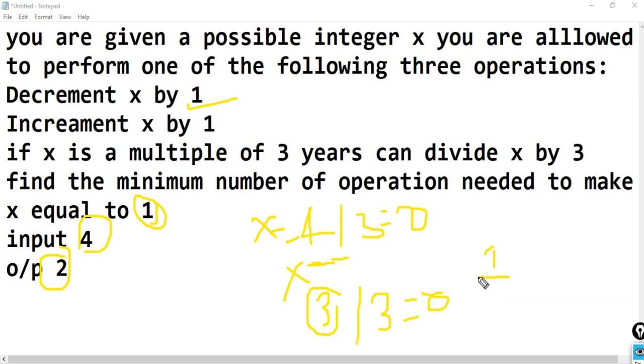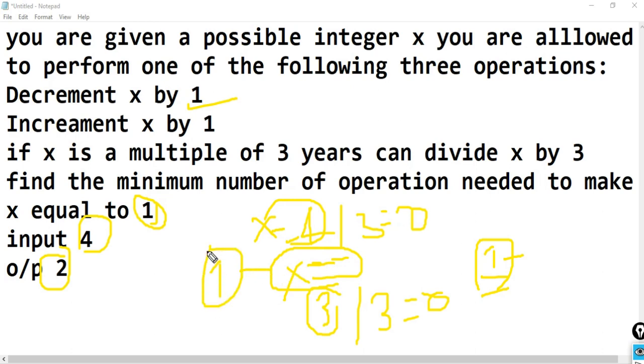So how many operations do we take to make it 1? Here x is equal to 4, so we first decrement by 1. This is the first operation.